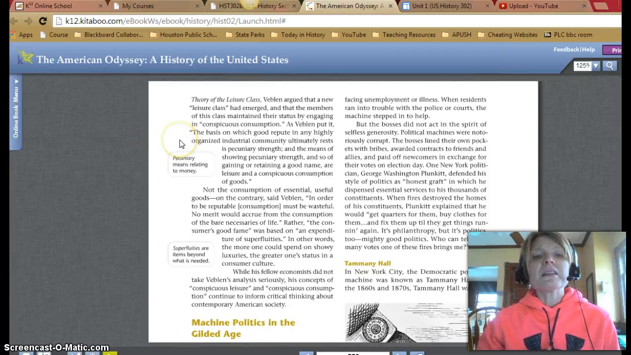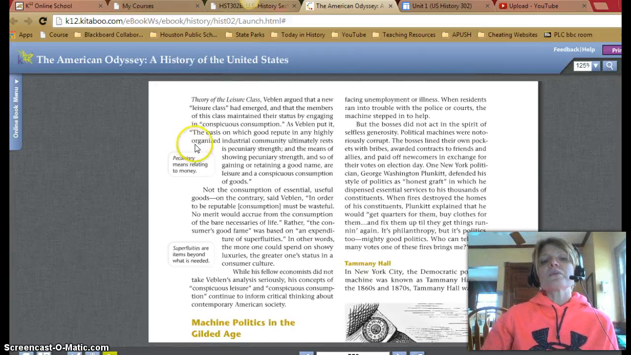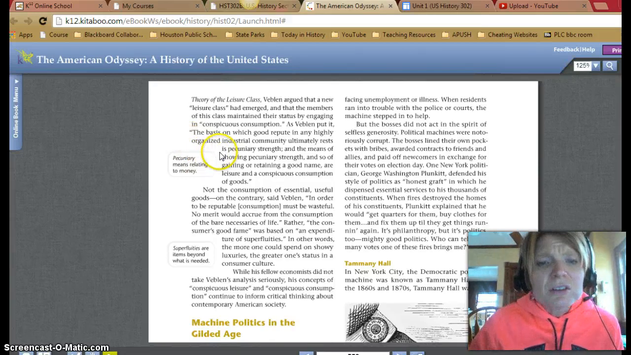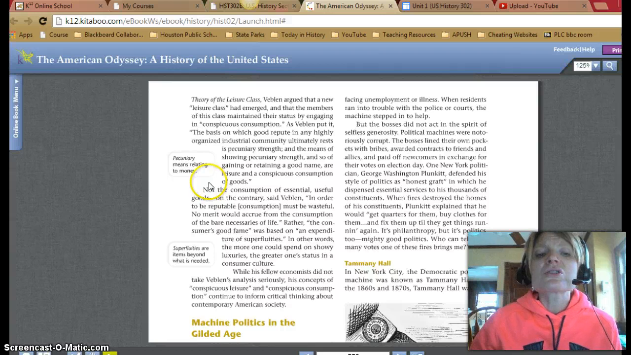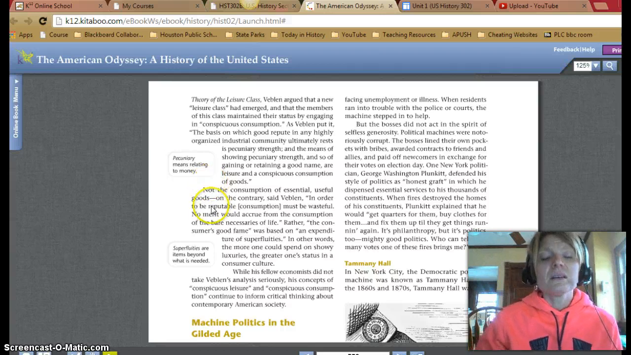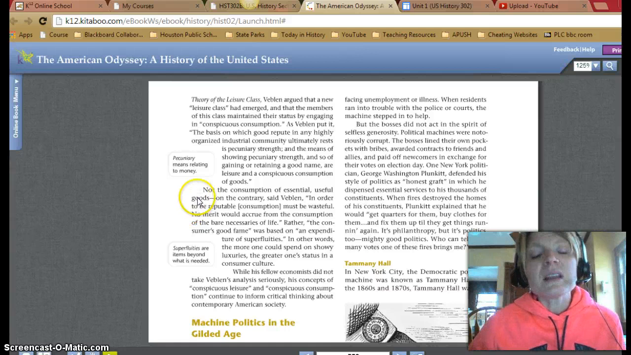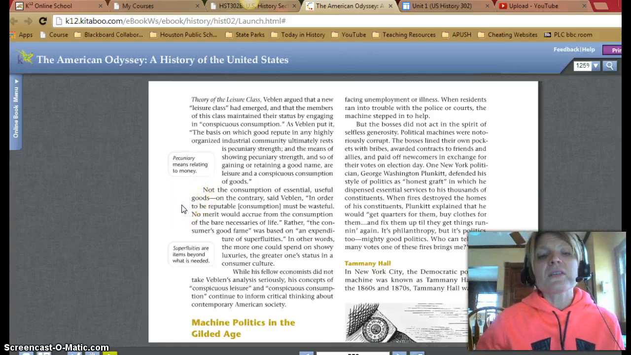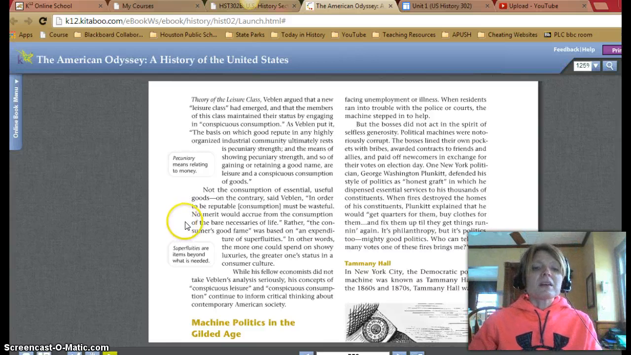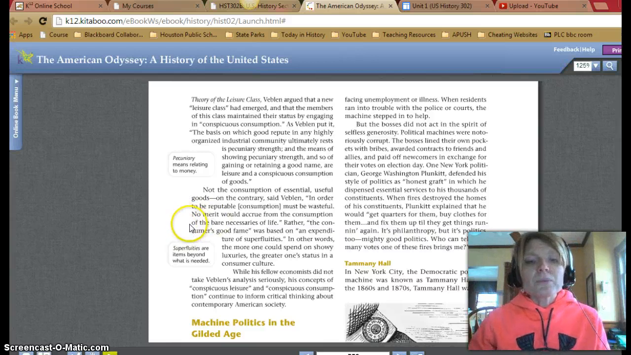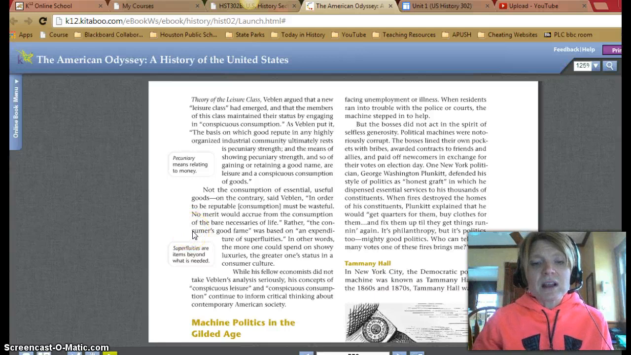As Veblen put it, the basis on which good repute in any highly organized industrial community ultimately rests is pecuniary strength, and the means of showing pecuniary strength, and of so gaining or retaining a good name, are leisure and the conspicuous consumption of goods. Now, not the consumption of essential useful goods. On the contrary, said Veblen, in order to be reputable, consumption must be wasteful. No merit would accrue from the consumption of the bare necessities of life. Rather, the consumer's good fame was based on expenditure